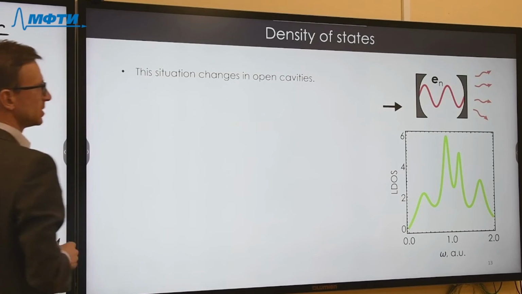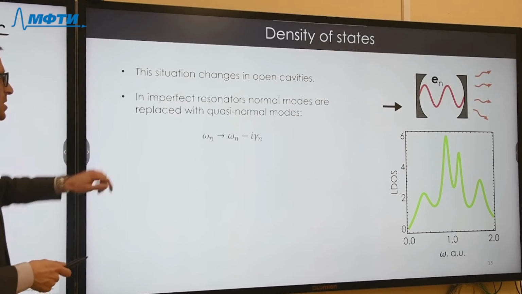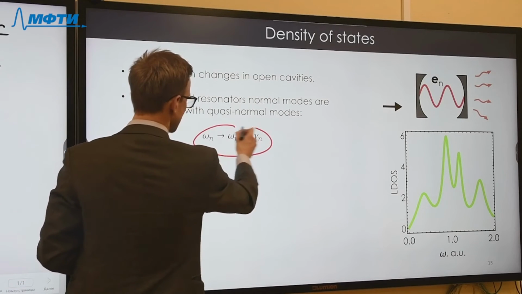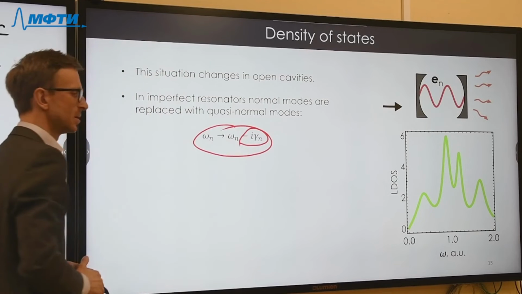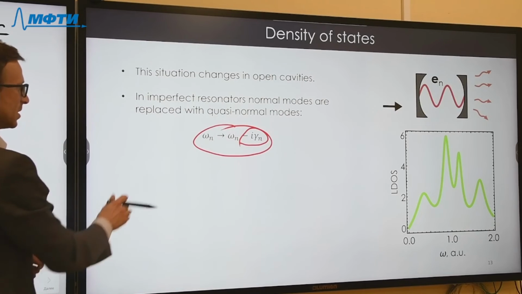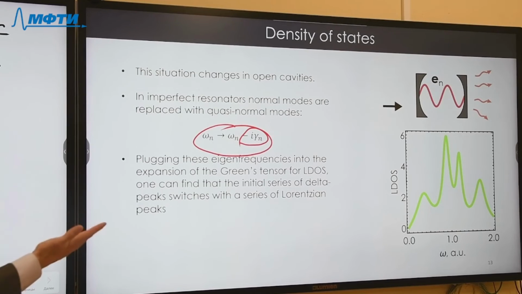However, if instead we consider an open cavity, for example, a cavity formed by semi-transparent walls, if we allow some leakage from the cavity to the environment, then all the resonances of the system are now characterized by only finite lifetime, which means that frequencies become complex values. They acquire a finite negative imaginary part corresponding to the finite lifetime of these modes. And if we plug that into Green's tensor, for example, into the expansion of the Green's tensor over eigenmodes, we're going